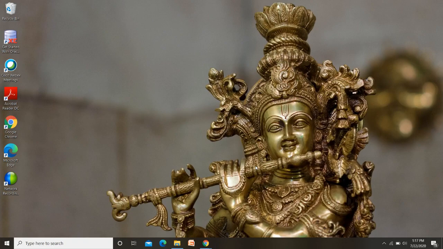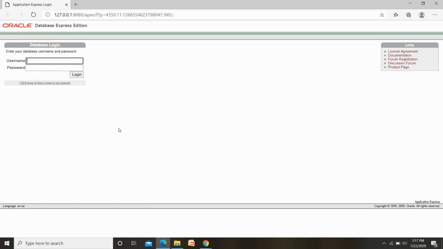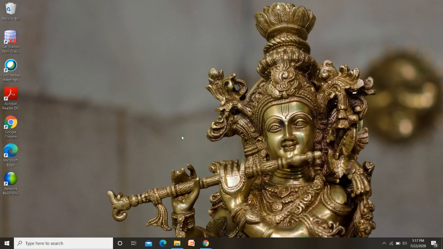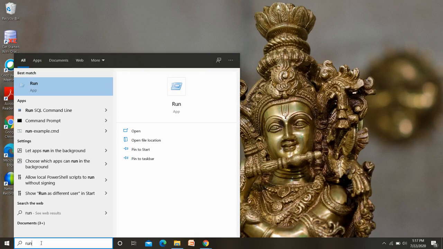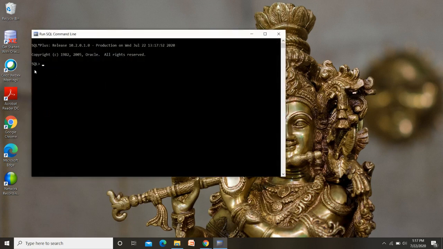If you want to see that, just tick mark that and launch. Here you will be provided with this database login, but anyhow I'm not using this web user interface. Directly we will go with the installed one. Here I'm clicking on, observe, run SQL command line, not the command prompt. It is the SQL command line which we'll be using for working with SQL. Click on this, and you will be able to see that it is an SQL command prompt.